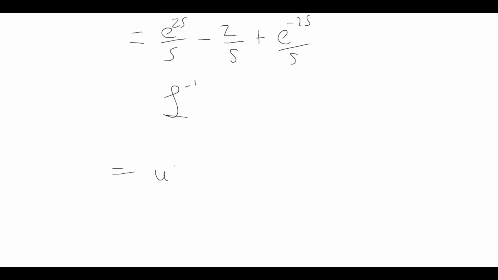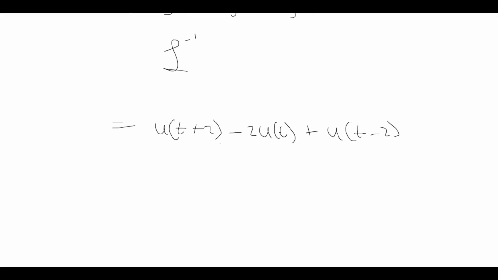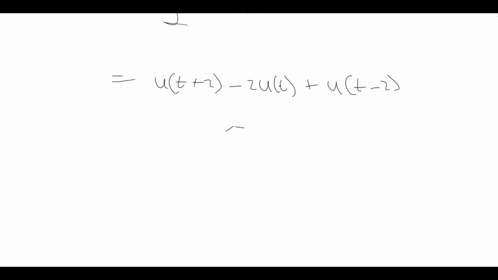So we get a step function with the time delay of t plus 2, minus 2 times our step function, plus a step function of t with a time delay of minus 2. And so graphing the function here in terms of time, we're going to start at t plus 2, which is when t is equal to minus 2. We're going to go up one step,